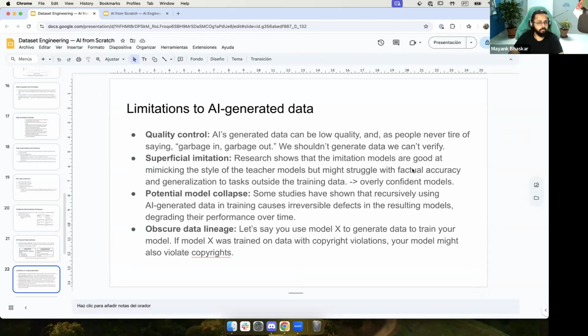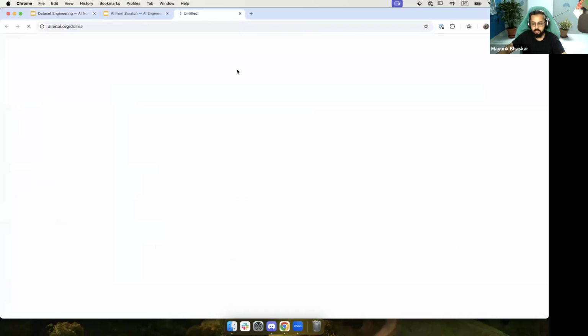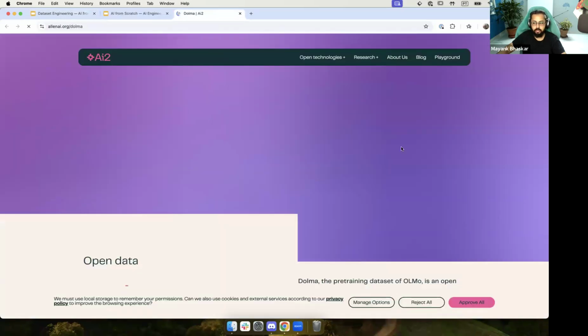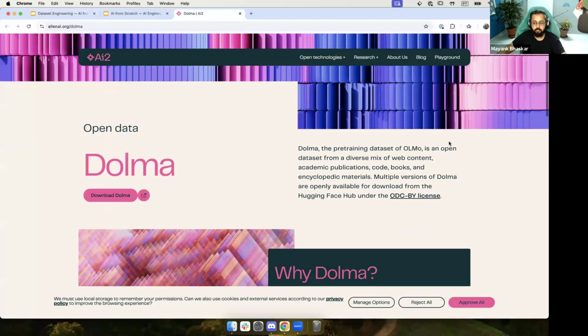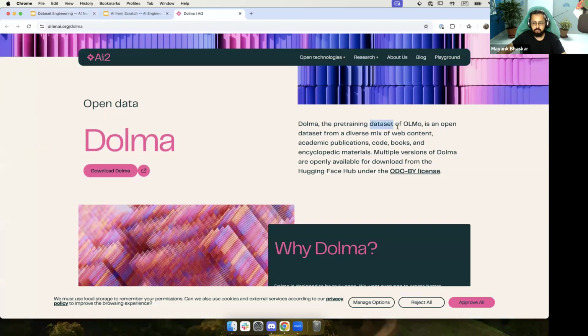For the pre-training folks, have you guys looked at Dolma? It is from Allen AI, AI2. I've just posted the link in the chat, and it is a pre-training dataset as well as a toolkit. It's a high performance solution.